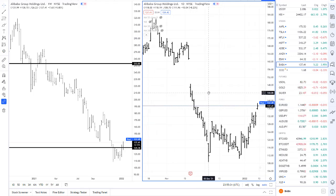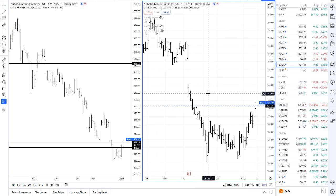I trade everything, guys, by the way. If you know anything about me, I'm a trader of markets. I look at the Forex market, the futures market. I'm looking at stocks. I trade options. There's so much opportunity. Now, Alibaba